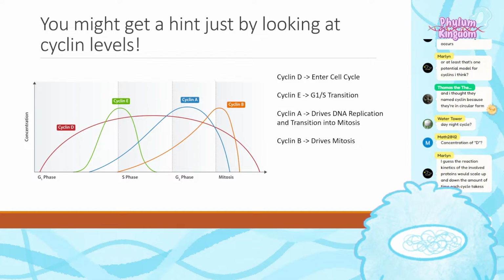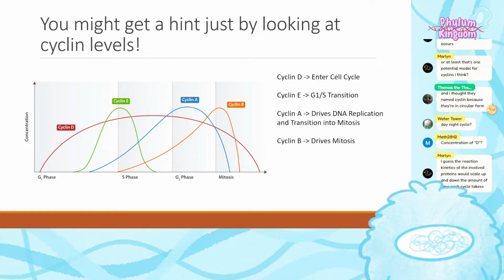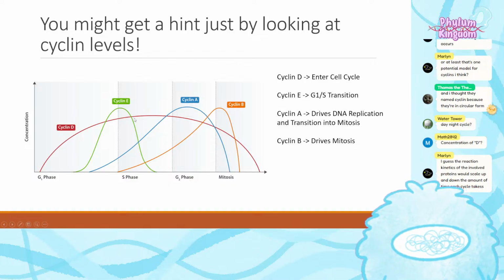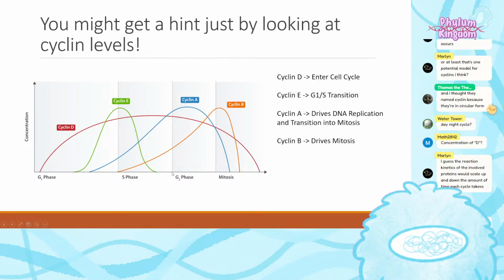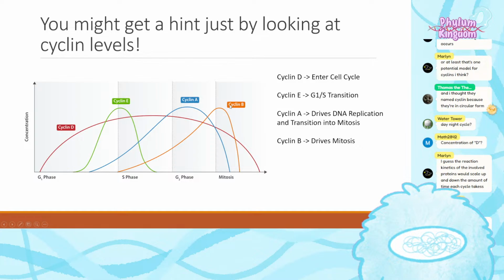Concentration of D: when D is high, it looks like we get shoved into S phase. But also, when D is high, look at the correlation, right? As D increases, you also see an increase in cyclin E, and it looks like when cyclin E is at its zenith, that's when the proper S phase actually begins, and then we have a huge cyclin E drop off. Similarly for G2, we have high cyclin D here, but we also have a gradual increase of cyclin A, and when we have a lot of cyclin A, we get shoved into G2. And similarly for cyclin B, when cyclin B is very high, we get shoved into mitosis.